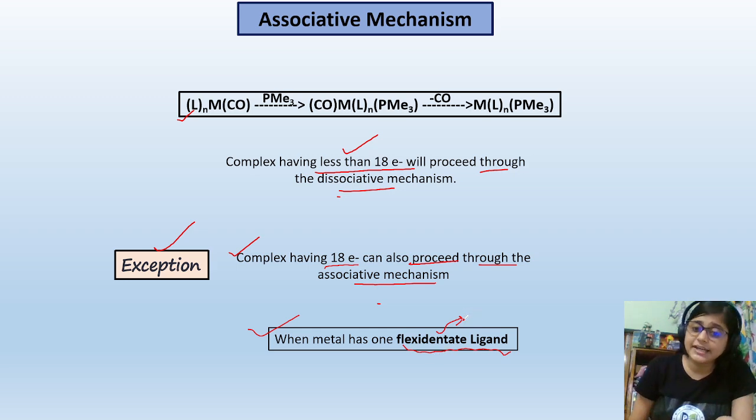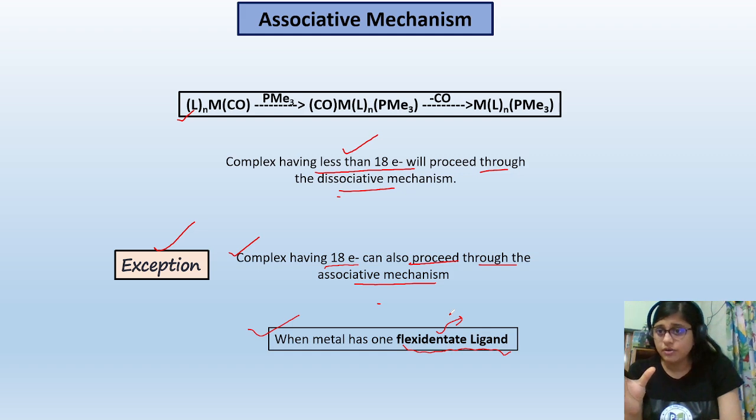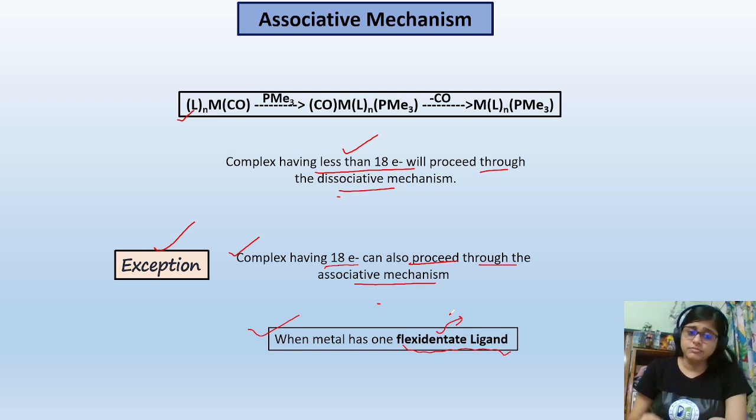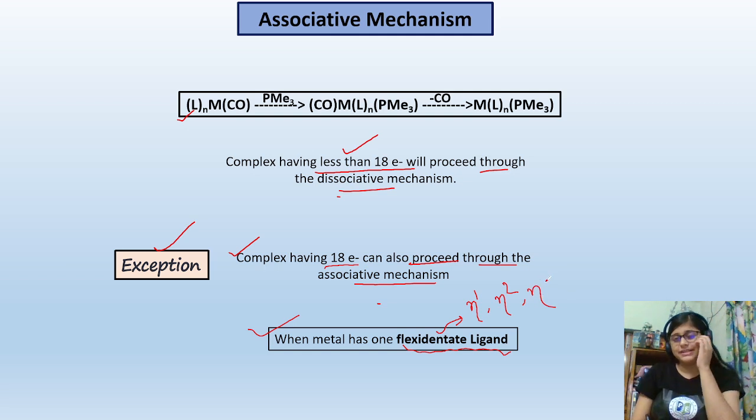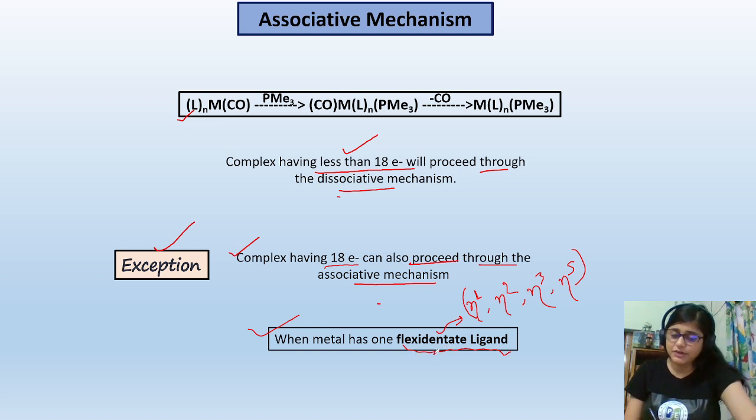So a flexidentate ligand can change its hapticity, its connection with the metal, according to the requirement of the metal. It can show eta 1, eta 2, depending on the ligand structure, eta 3, eta 5. Not all of this behavior at a single time, but it can change according to the requirement. That is called flexibility. So, flexidentate ligand. For example,